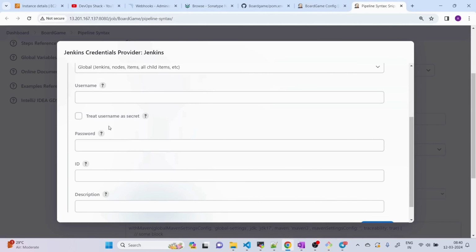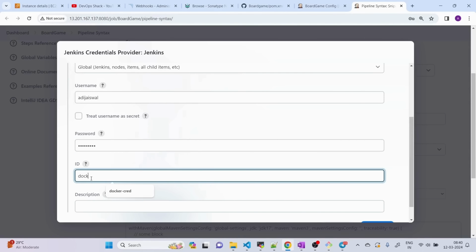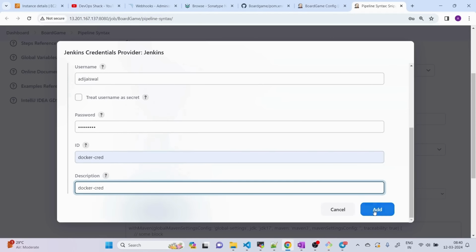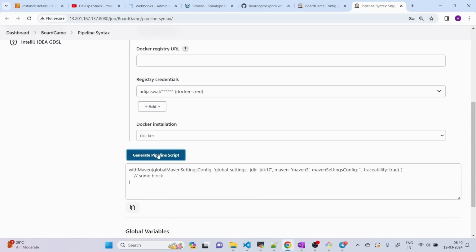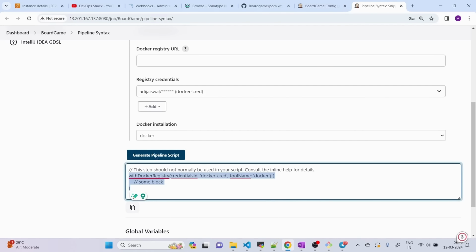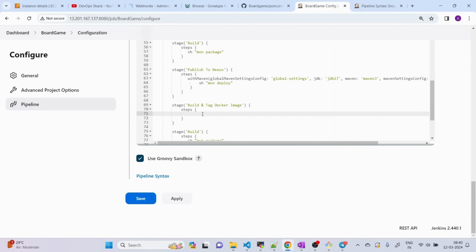Click on Jenkins, and now you need to provide the Docker Hub username and password. The password is going to be something, okay, and for ID I'll just provide docker-cred. This is fine. Click on add, and we can select it from here. Docker installation, we can select this, and this is the block inside which we are going to write the Docker commands. But before we start doing that, we should be creating a script, and inside that script I'll be writing the Docker commands. Now inside that script I'll paste the block,